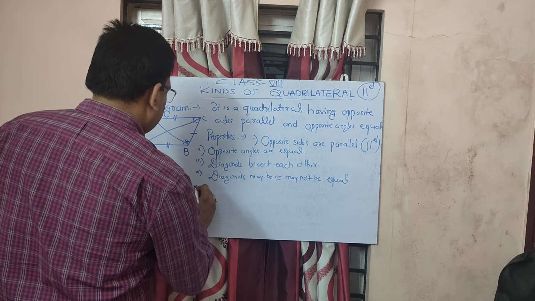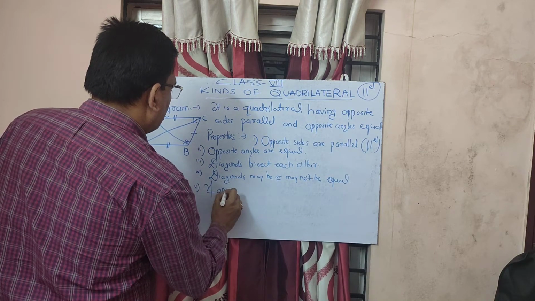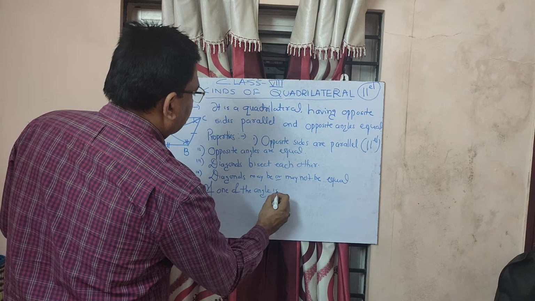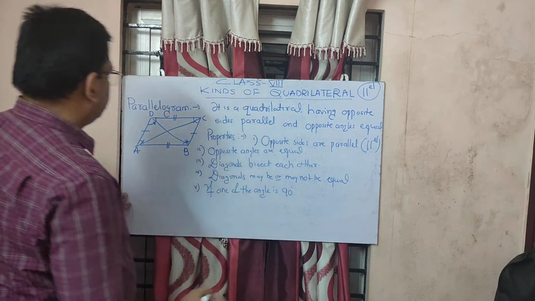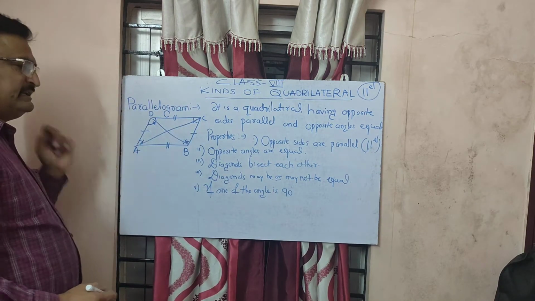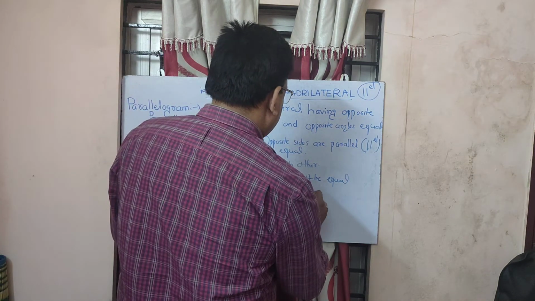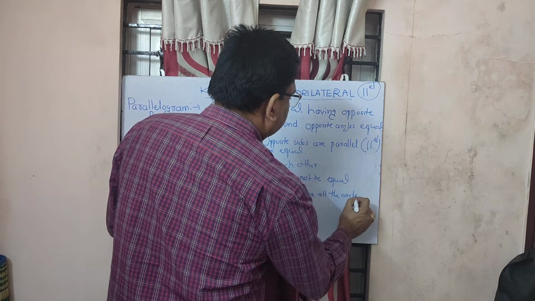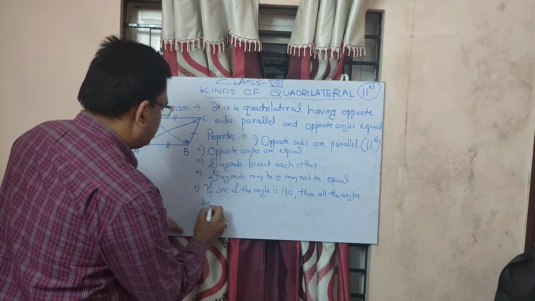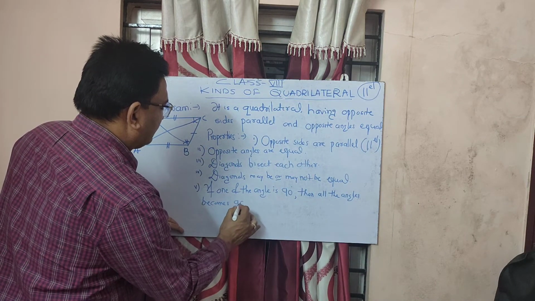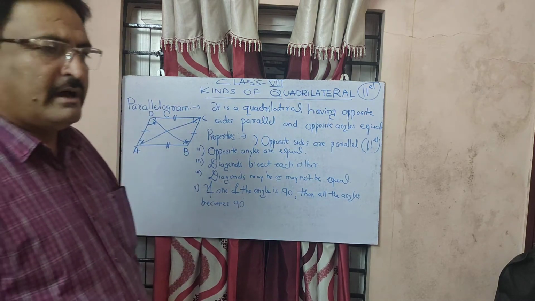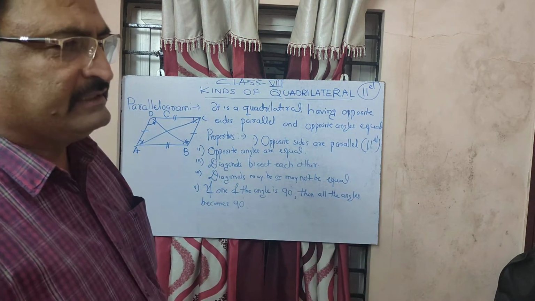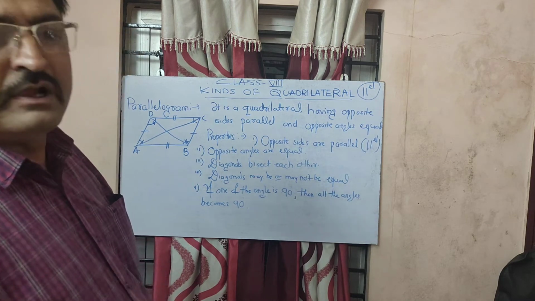Now the fifth property. If one of the angles is 90 degrees, then all the angles become 90. अगर एक एंगल 90 डिग्री हो जाता है, then all the angles will become 90 degrees only. Okay,